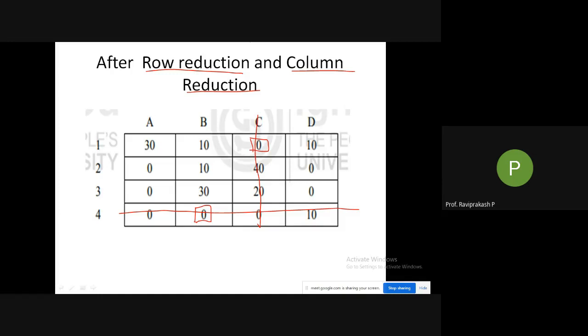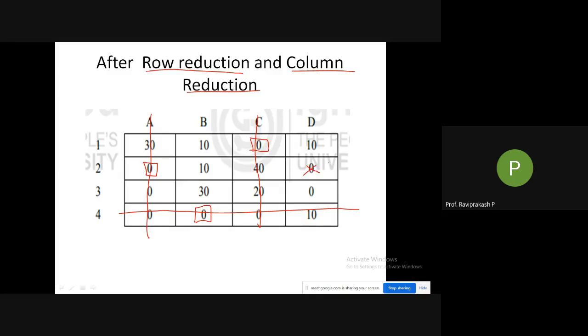So what we need to do in this particular case is go row wise again. The first row we have already found out. The second row, listen carefully, has 2 zeros, so you can take any of the zeros. You can mark this 0 or this 0. It's your wish. I'll be marking this 0. As we have gone row wise, I'll cancel off this particular column. Not only this, I need to cross off this also.